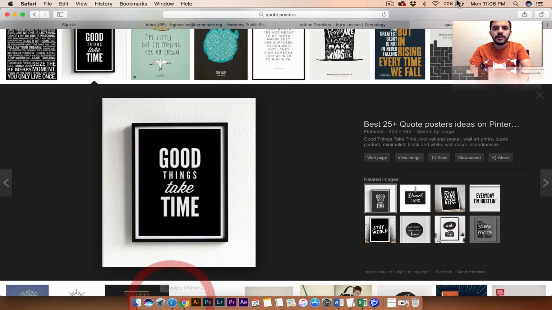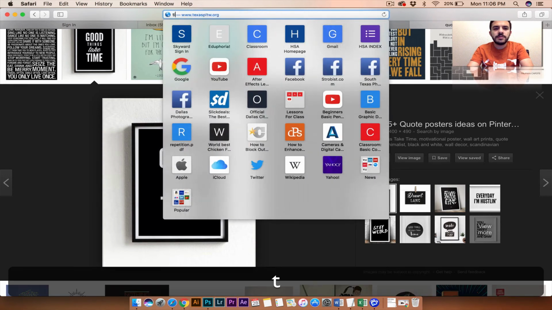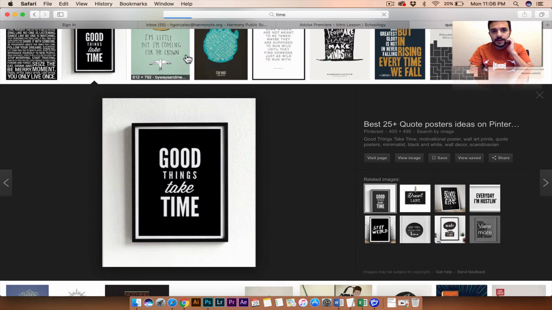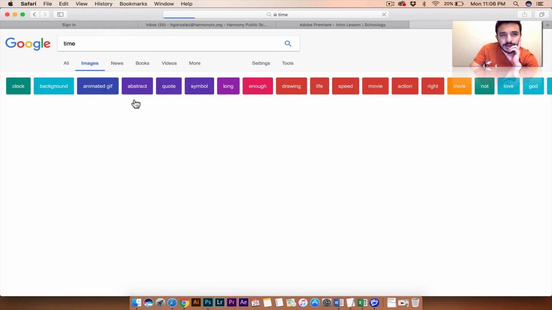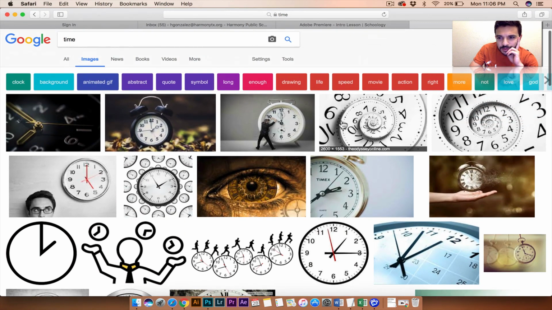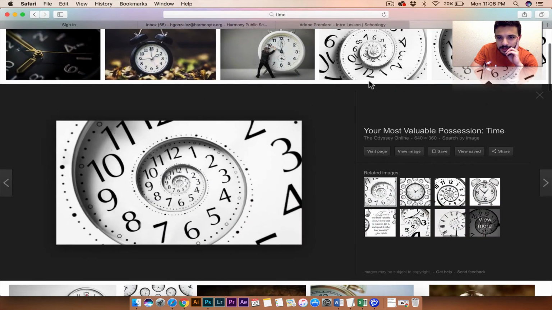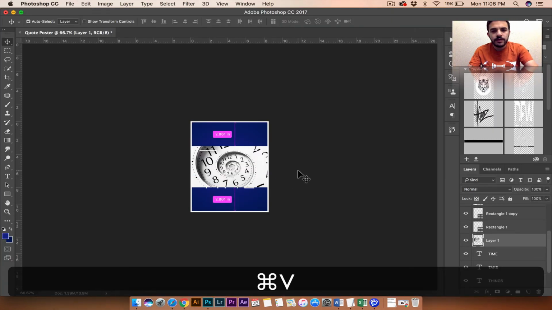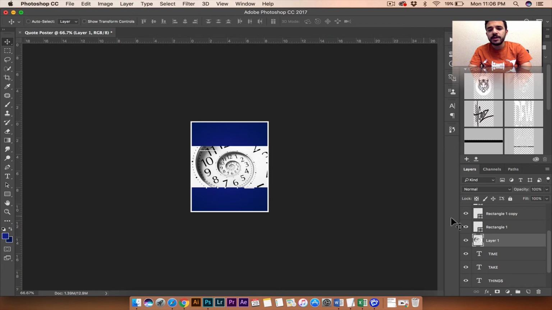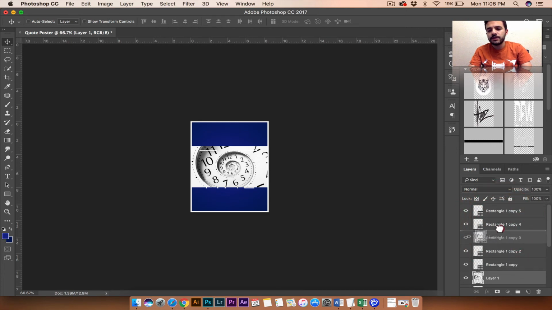And one thing that I'm going to go ahead and look for here is to search up time, not Time Warner, just time. And then once this loads up, I'm going to pretty much look for images. Look for anything that looks remotely cool as far as time is concerned, like something like this maybe. And I'm going to view image, go ahead and press copy image, and then I'll bring that over here and paste that image. Now right here, what I'm going to do, and this is a little advanced for those of you that are new, but for everybody else that's worked with Photoshop before,